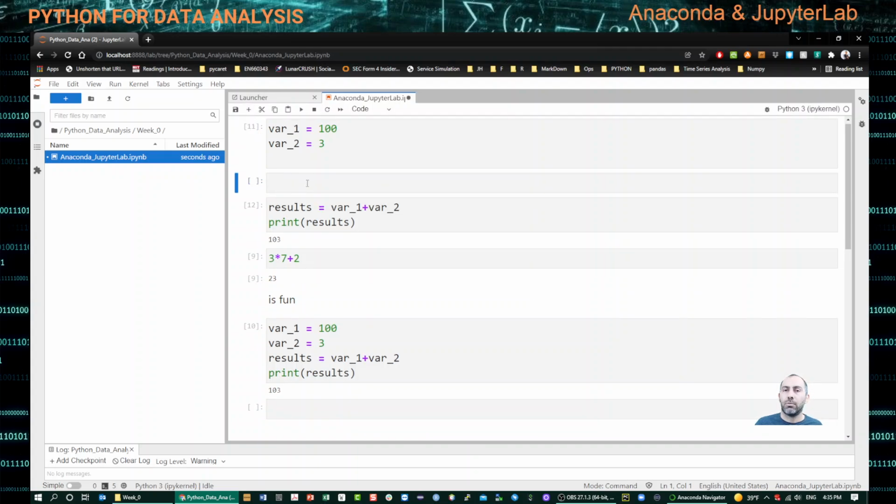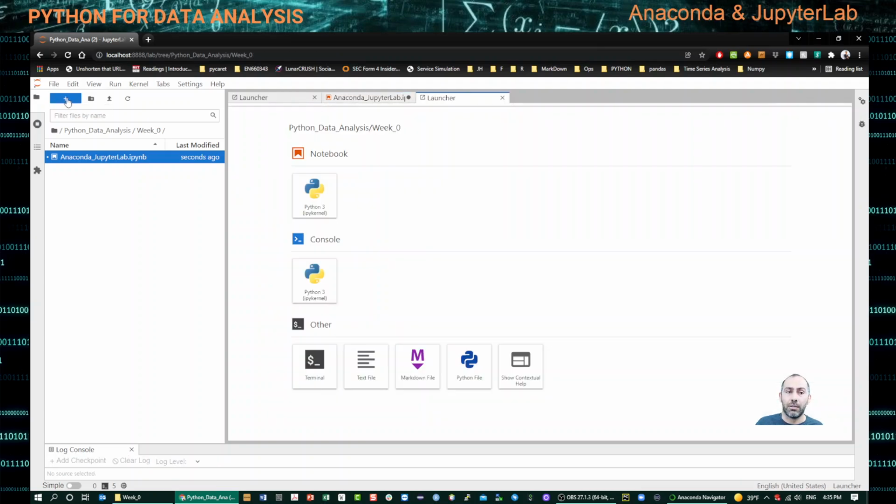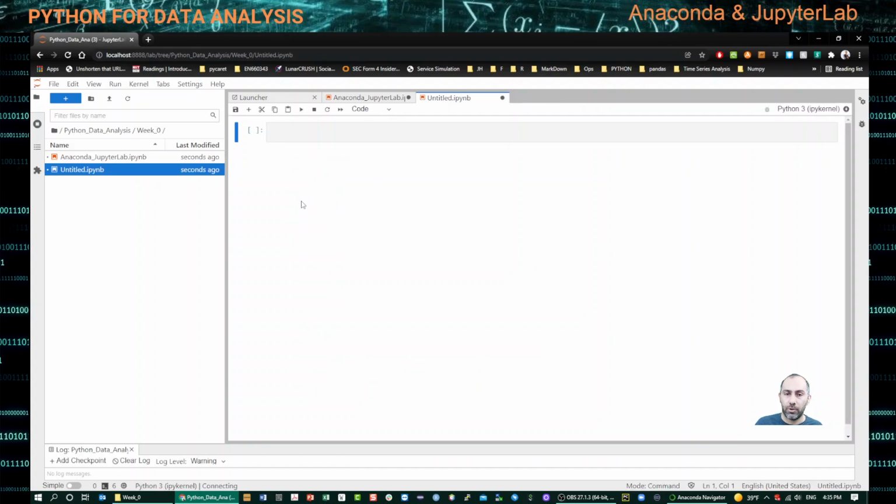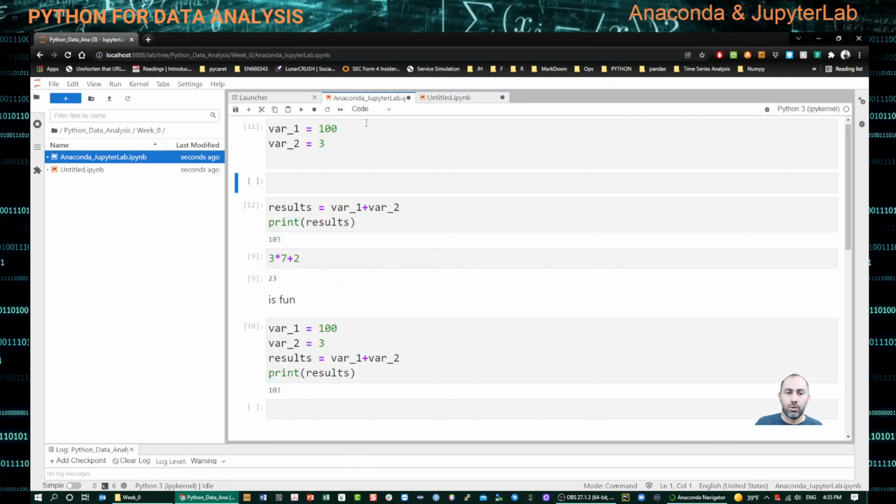It is going to create a new cell there. How about this other plus sign? If you click on it, it is going to open a new launcher, and you can create another file. But if you really want to create a new cell, you need to use this plus sign right here, all right? And with that,